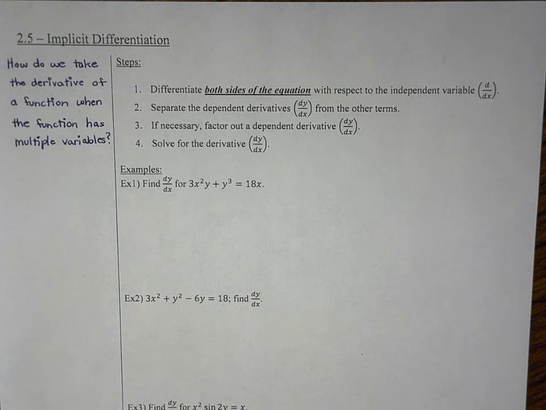Okay, 2.5 consists of two parts. The first part is implicit differentiation. The second part we are looking at definition of derivative and equations of lines. So kicking off our first part here with implicit differentiation, the question we are looking to address is how do